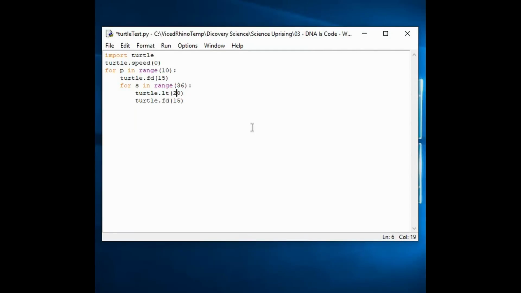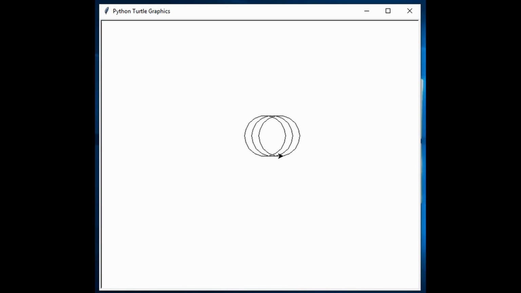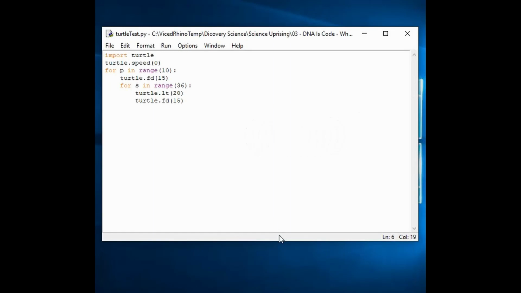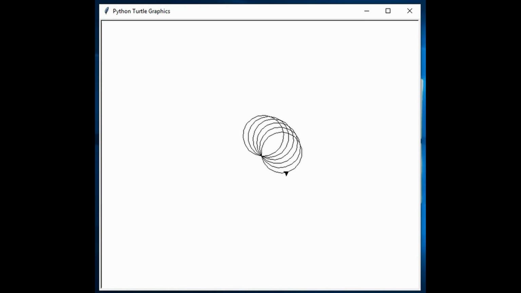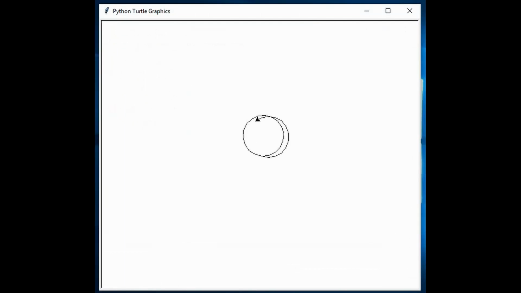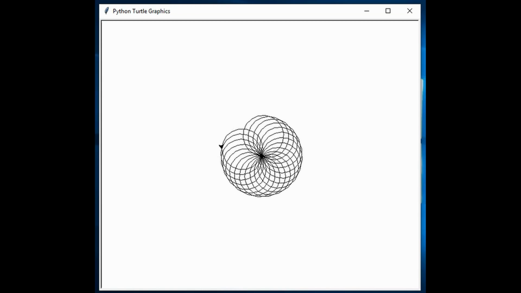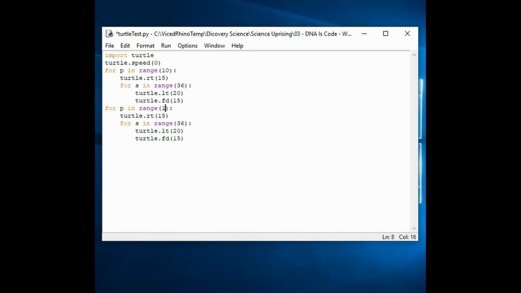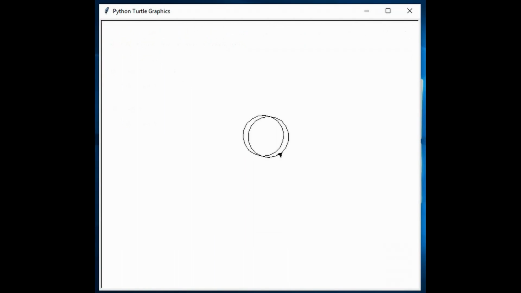We'll start by changing this 1 to a 2, and then we get 10 half-size circles. Now we change this FD to an RT, and we get the half-size circles curving downward. Time for a whole genome duplication event, and now we have twice as many half-size circles curving around almost as if inside a bigger circle. Now let's take one step further and change this 0 to a 4, and we get this spirograph-looking circle filled with smaller circles.